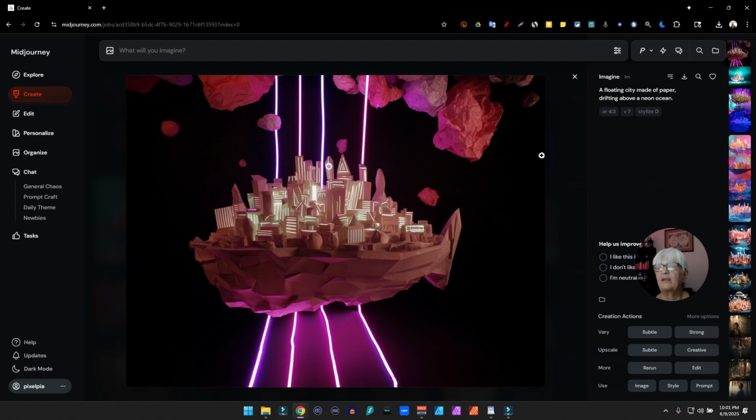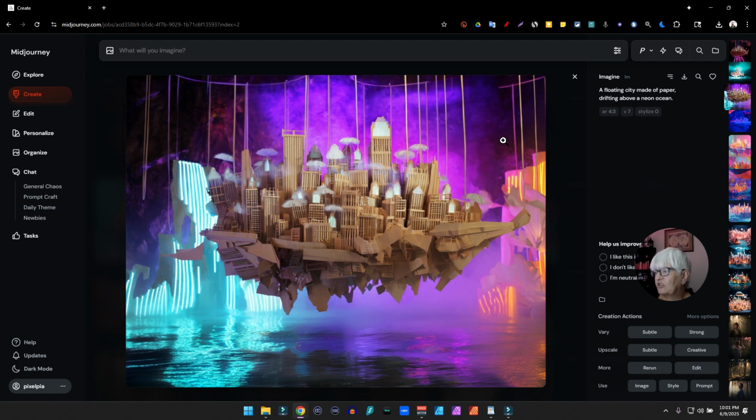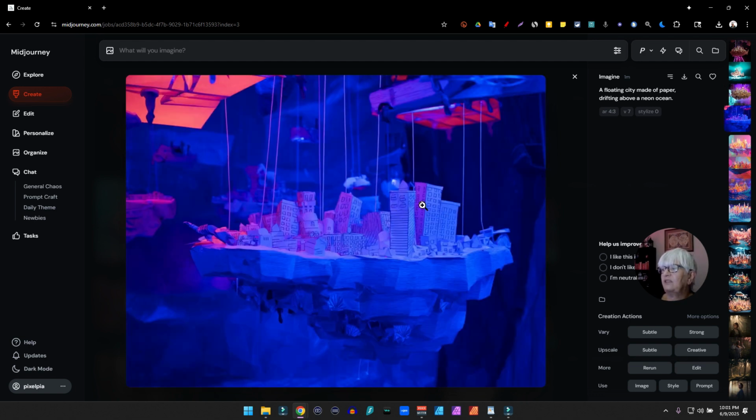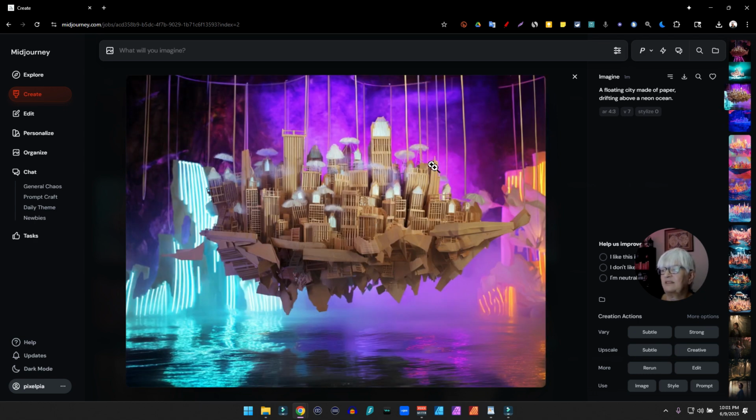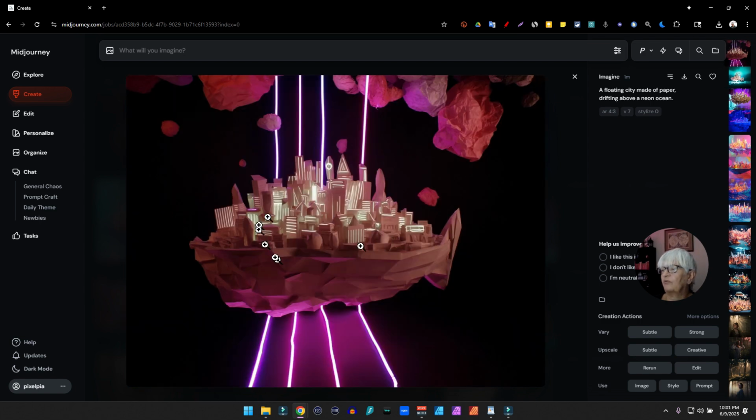This is more controlled surrealism, and it's like it's showing a model of this floating city, like an art installation somewhere. And you see the colors might show up in the background, but since it is a city made of paper, it's very beige tones for the city itself.